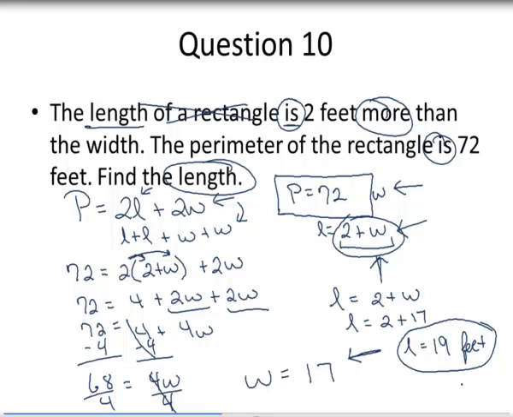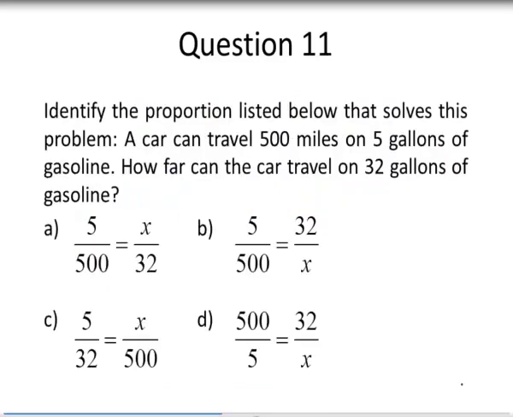Are we good? How about a proportion? Are we up for a proportion? Okay, people in the room are telling me they had some problems with this, so we're going to do a